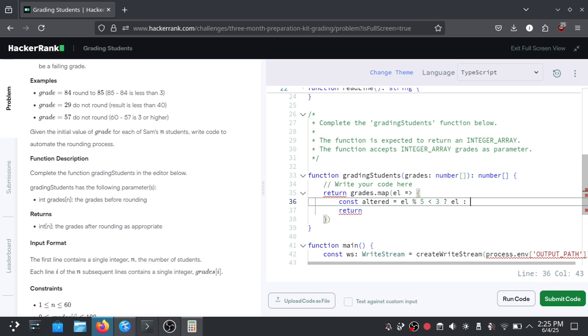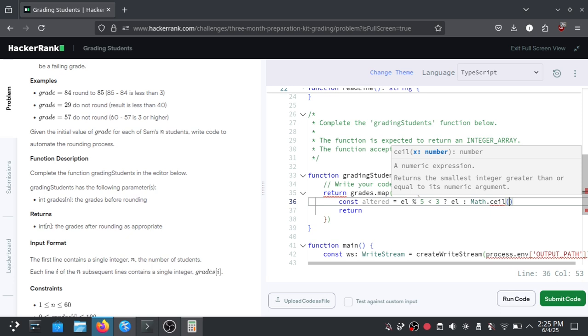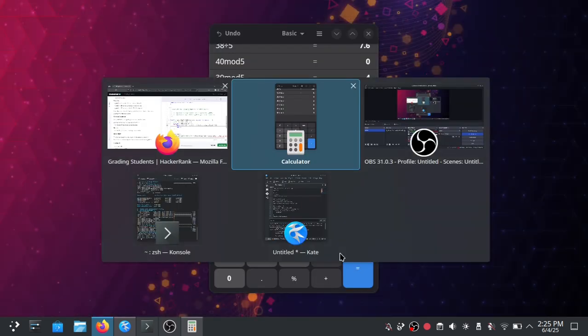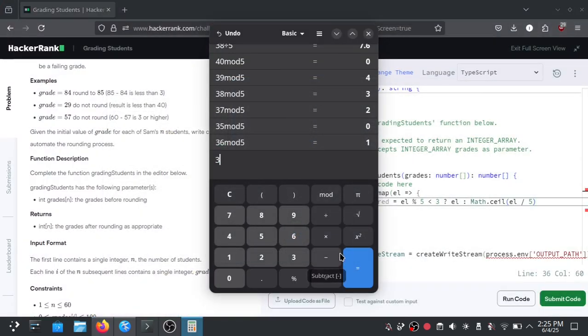If it's higher than or the same as 3, then we can use Math.ceil on the current element divided by 5. For example, if we use the calculator, put in 38 and divide it by 5, the result is 7.6.